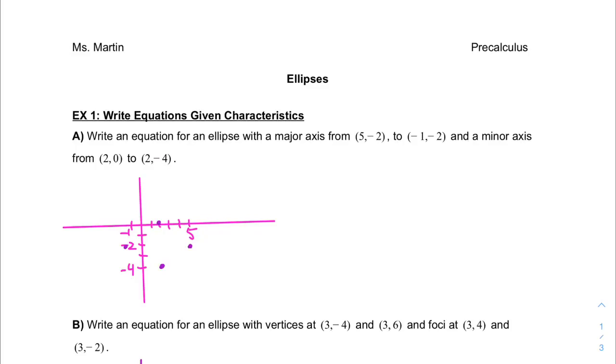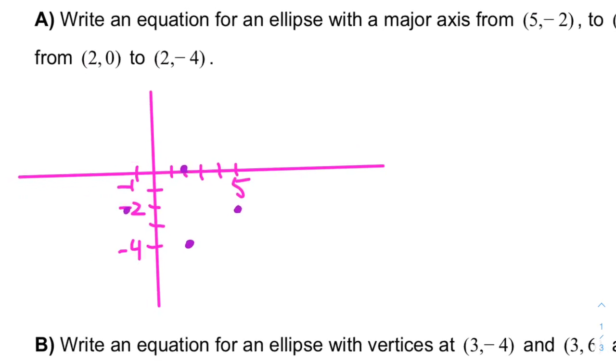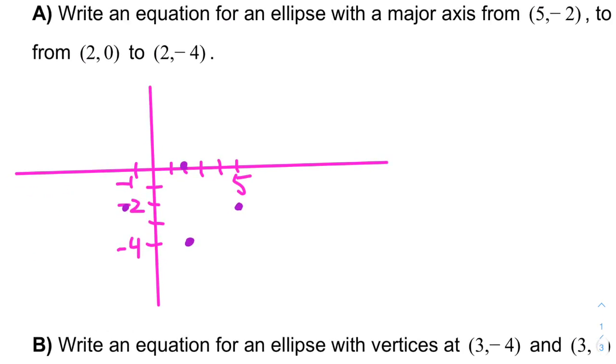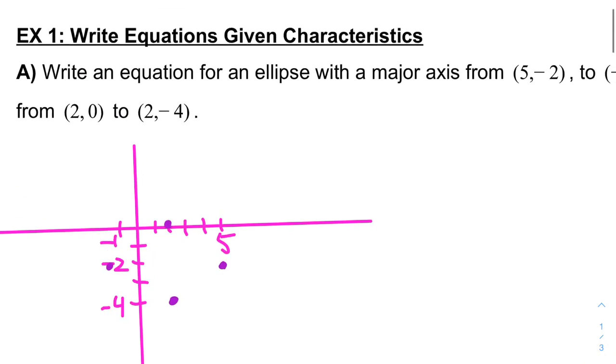So the first problem says write an equation for an ellipse with a major axis from the point 5, -2 to -1, -2, and a minor axis from 2, 0 to 2, -4. So I've already sketched these out here. Mainly the only reason I sketch it out is because I'm a more visual person, and so if I sketch it out, I can see that this is a horizontal